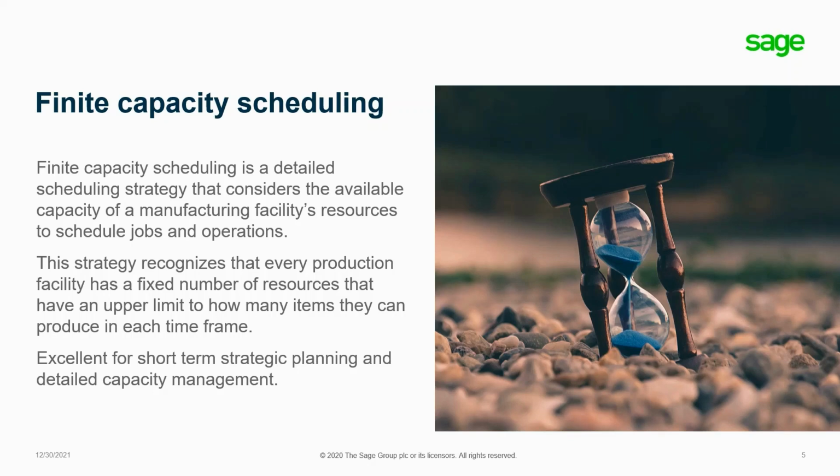The goal of finite capacity scheduling is to ensure that work proceeds at an even and efficient pace throughout the plant. Finite capacity scheduling is an excellent solution for short-term horizon strategic planning, perfect for managing a real-time, dynamic, ever-changing,